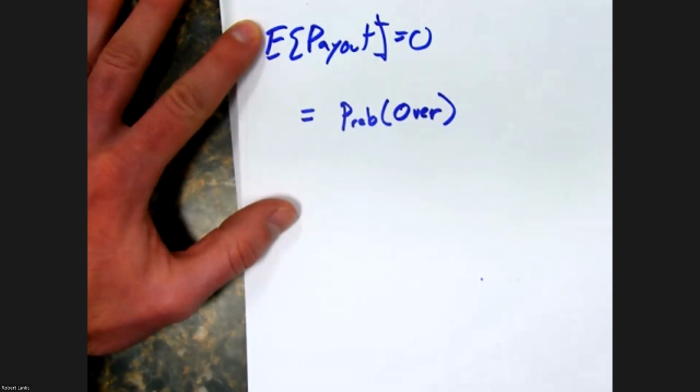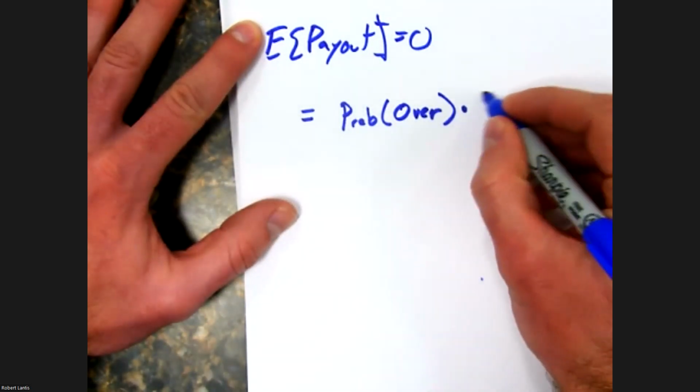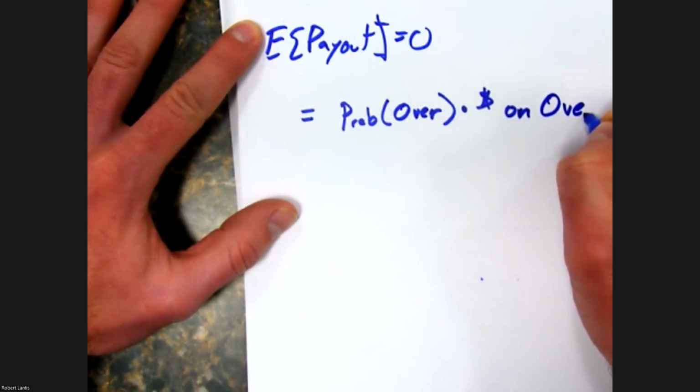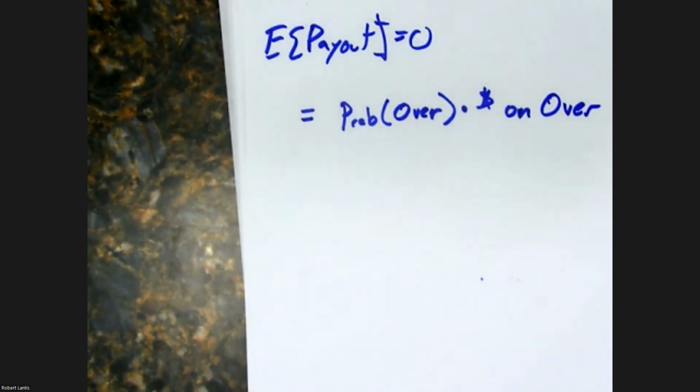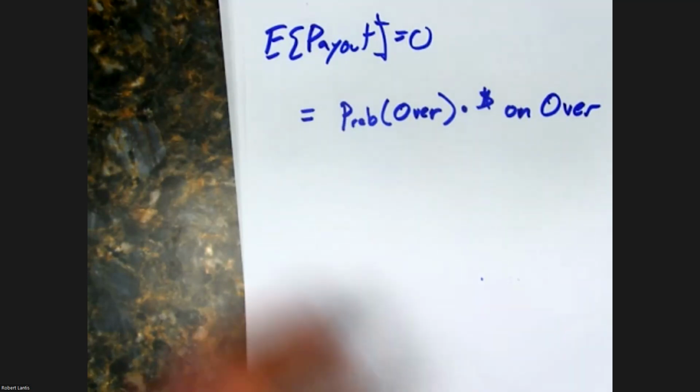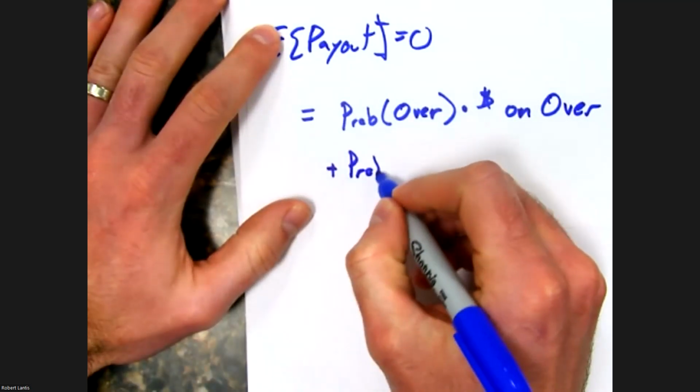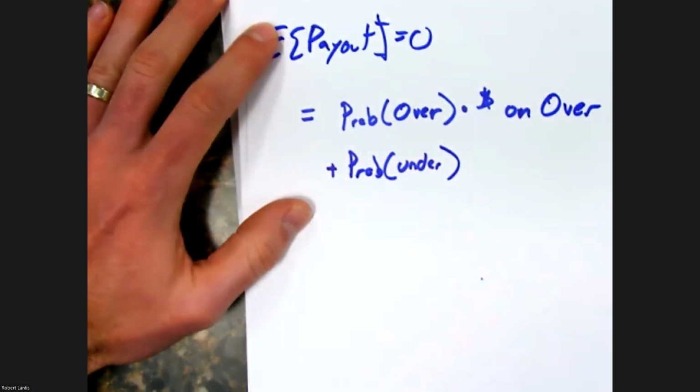if the over occurs, right, the probability that the over occurs times the total amount of money that has been bet on the over. Well, that's going to vary, right? Not everybody puts in the $1 bet, right? We're using that as a base example. So some people put in more money on a bet, and so we can't just take the number of people. It'd be the number of people times the average amount bet, right? Which is just going to be the total amount of money that was bet on the game to go over this point total. We would then say, okay, if instead the under occurs, right?